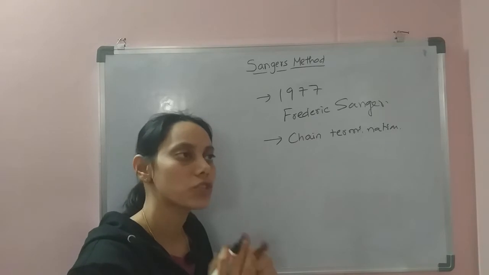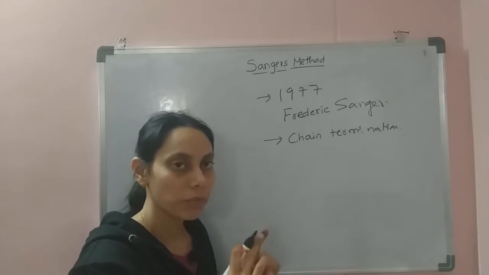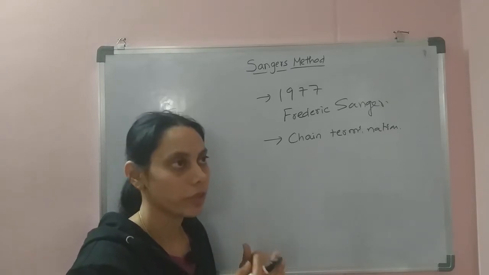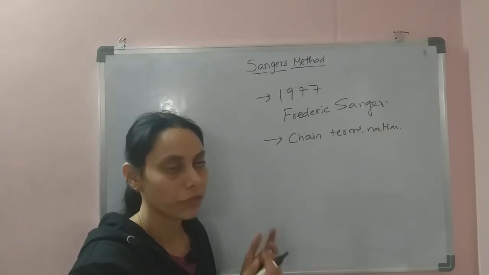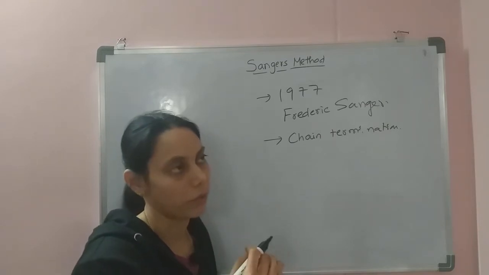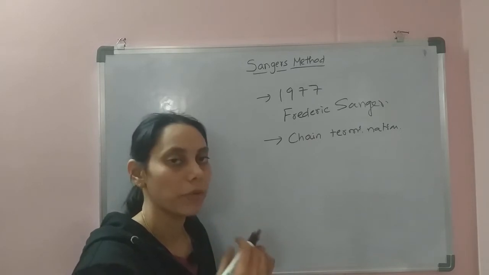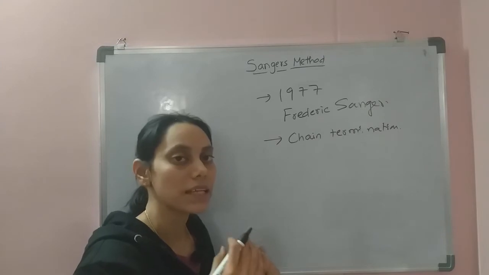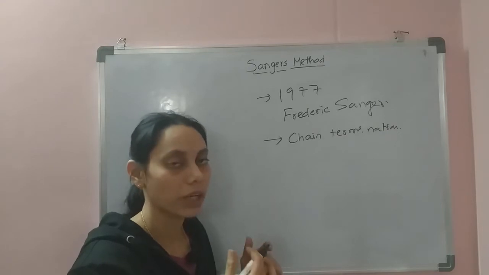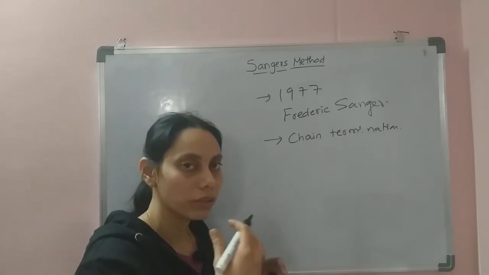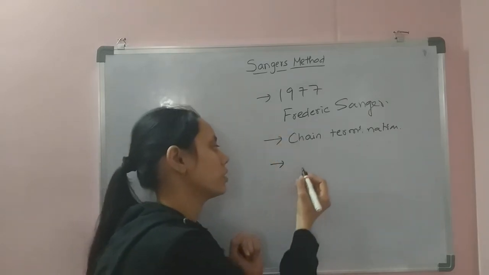In Sanger's method, we use chain terminators, and these chain terminators are nothing but nucleotides which lack the oxygen moiety at their 3' position. That means they differ from the normal nucleotides, the deoxynucleotides, in lacking this oxygen moiety. Because of this, they cannot make a phosphodiester bond with the succeeding nucleotide. They can enter the synthesizing strand, but they cannot proceed with the synthesis.